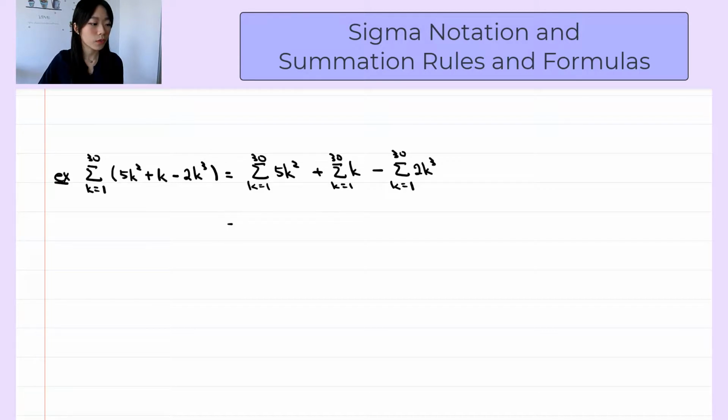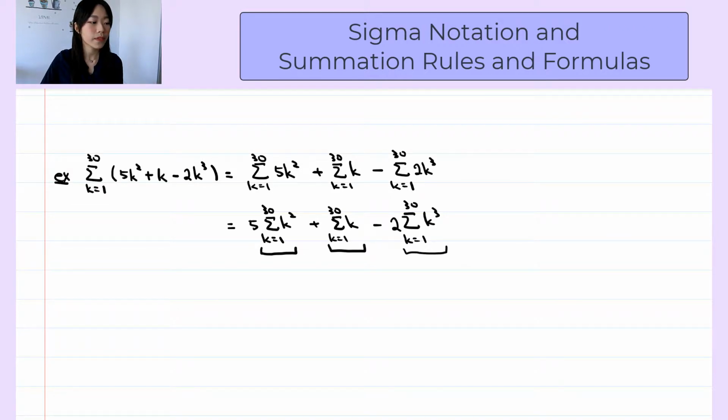Then we can use the first rule to pull the constant outside of the sigma notation. So the first term is 5 times the sum of k squared starting from 1 to 30. The second term remains the same, sum of k from 1 to 30. Minus, here we pull the 2 outside of the sigma, so we get 2 times the sum of k cubed starting from 1 to 30. Then we can use the summation formulas to substitute this,